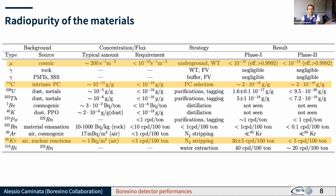In this slide, I show you just a list of contaminants and also which are the mitigation strategies that we adopted for reducing that contribution. So I will not go through all of them, but just a few examples. The first one are the muons, and the strategy to mitigate the background is to go underground and use a water Cherenkov tank. It's nice to see the effect of carbon-14, because typical amount is 10 to the minus 12 gram per gram,